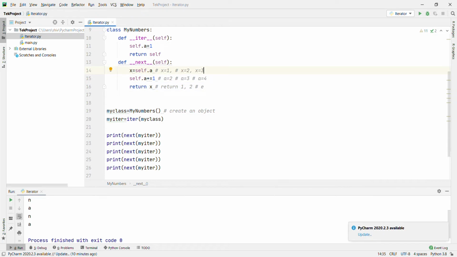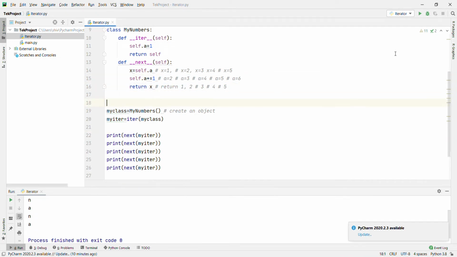Same way, x is 4, a is 5, and it returns 4. Now x is 5, a is 6, and it will return 5. Then what will it print? 1, 2, 3, 4 and 5.